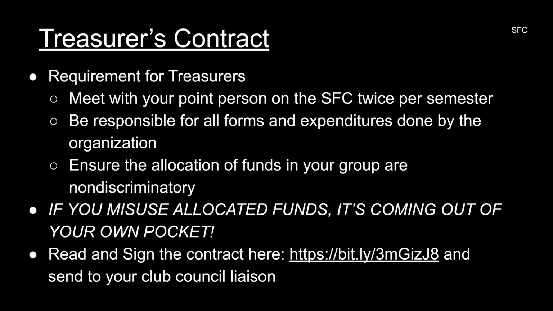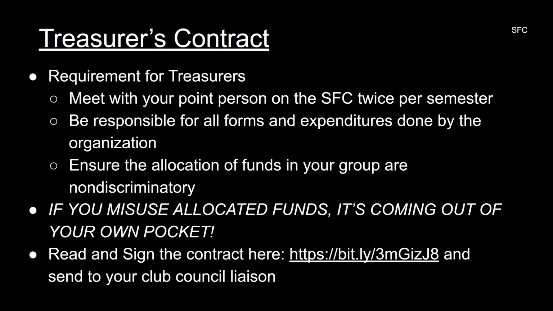I think, obviously, if there's any fault on SFC or OST, as in your treasurer misused their meeting time and didn't divulge very important sensitive information that could have prevented you from potentially making a mistake that would cause a misuse of funds, SFC will remedy that. That's not going to be on you, but we're going to do our best to give you all the information,